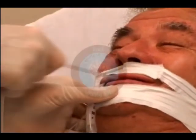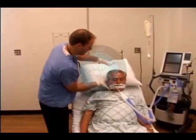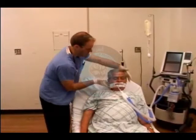Using this insertion method, the patient can easily bite down on the suction catheter and stop the suctioning process. The patient can bite off a piece of the suction catheter, and it has a tendency to coil in the back of the throat. If your patient's condition is deemed appropriate, remove your patient's pillow and tilt the head back